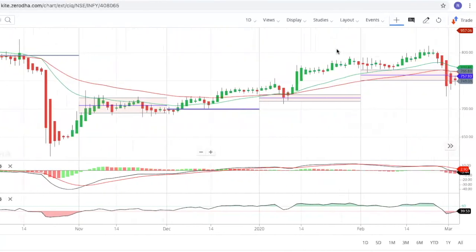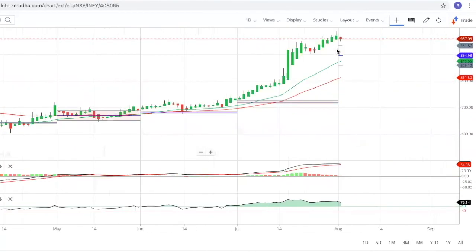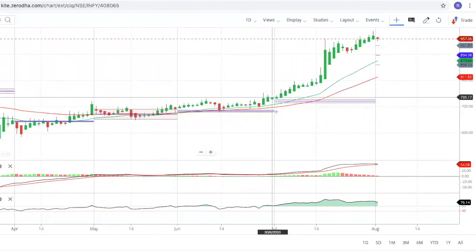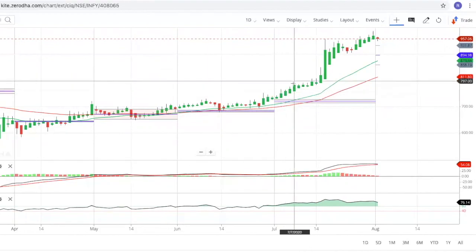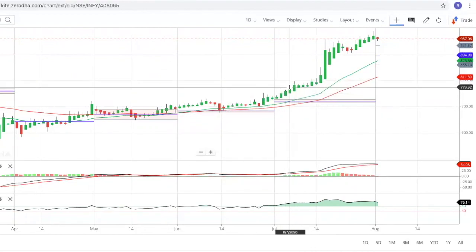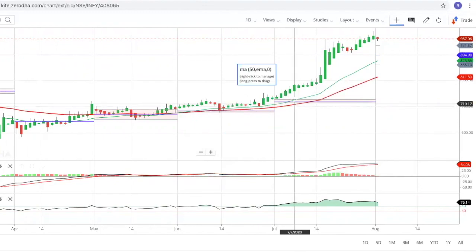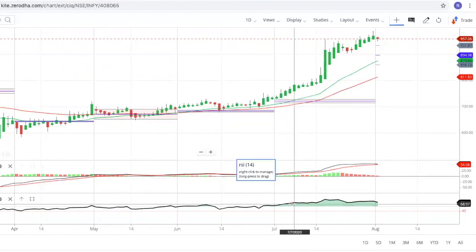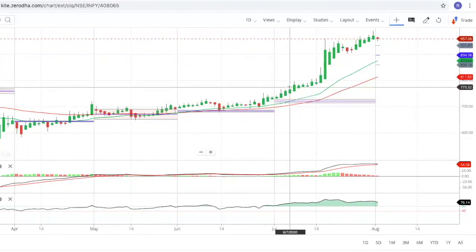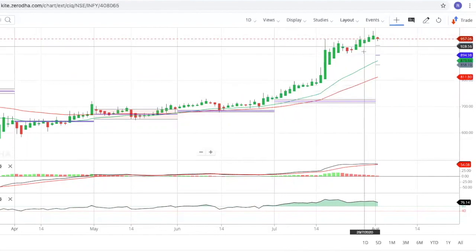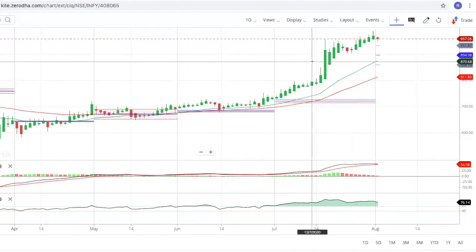So like that, you can take a lot of trades. Here you can see another point of getting into the trade. If you go into the trade here, all the indications are there: moving average, MACD line, RSI, above the pivot zone, the central pivot zone, a clear cut upward swing. So this is exactly how you can take a swing trade. And I'm sure this will help you in your short-term earnings.